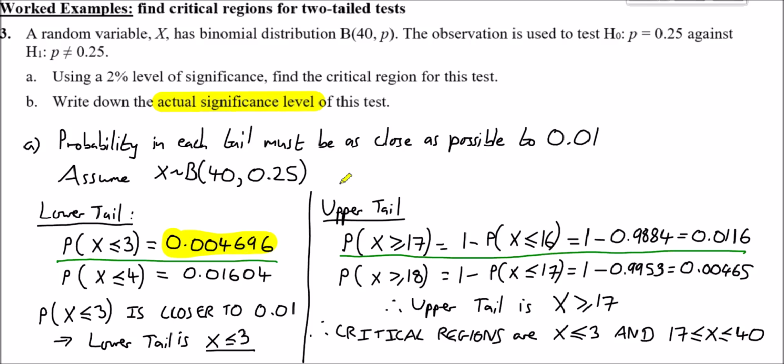Whereas the upper tail, what we chose was this probability here. So we're going to add these two together. So part B, the actual significance level is going to be